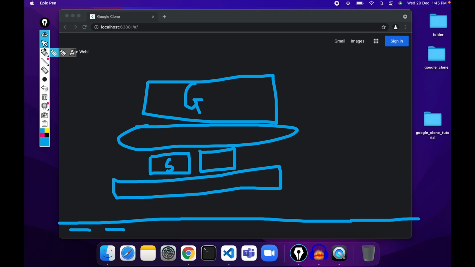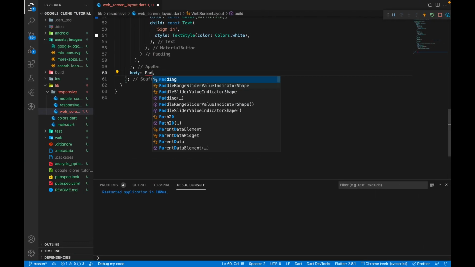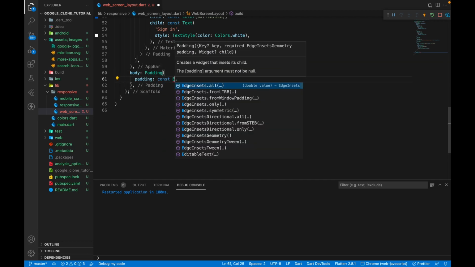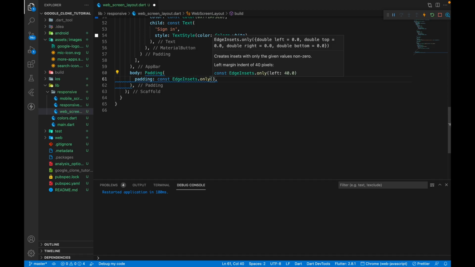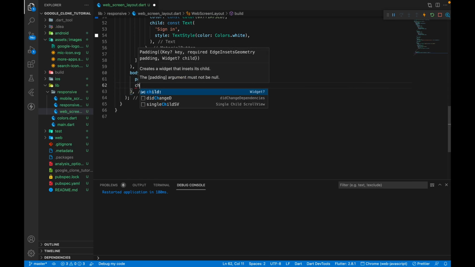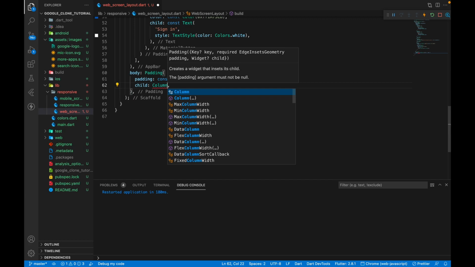So to do that, we need to figure out the layout. So if you think about it, this is a column, and inside that column, we will have another column, and all of the column elements will be this. And then we need to space out over here and then put a footer over here outside of the column. So there will be two nested columns, right? So let's do that. Now, first of all, let's have a padding, and the padding will be of the type constant EdgeInsets dot only, and from the left we can have 5 and from the right we can have 5. Then we need to pass in a child, and then the child will be column,